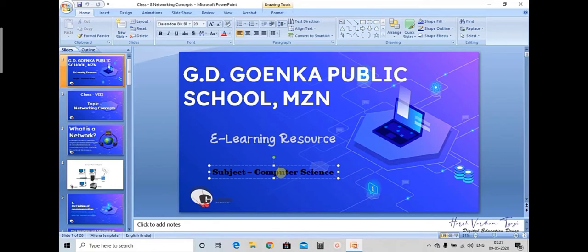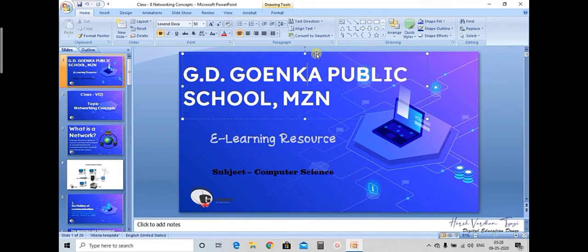That part is called animation. Whenever you give any moving effect to your objects, either text, image, shape, anything on the slide, that is called animation. And what is transition?